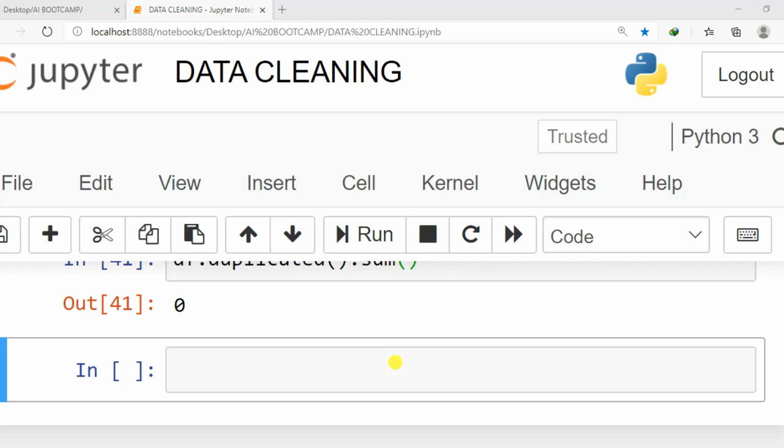That is B. C. We'll learn how to fill missing values by using the mean. And D. We'll learn how to drop missing values. So let me start